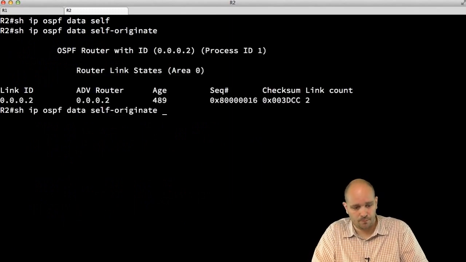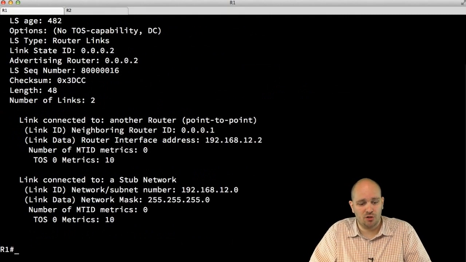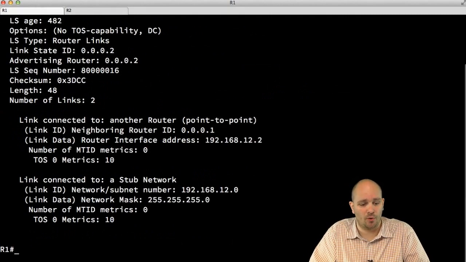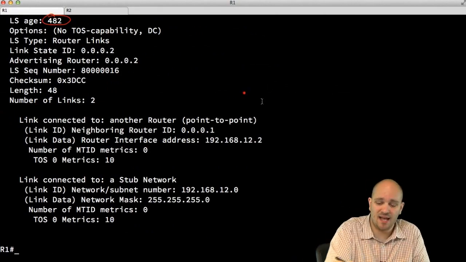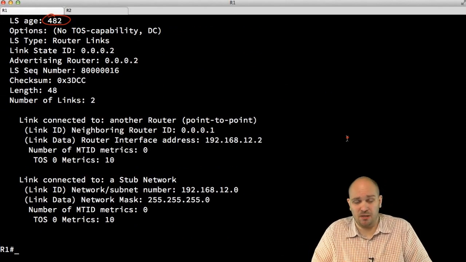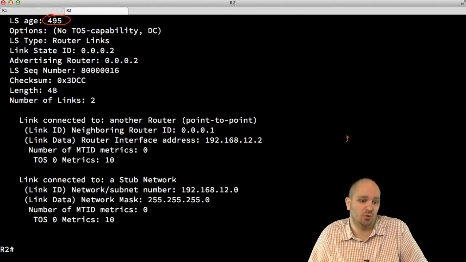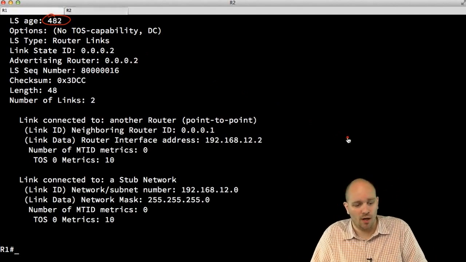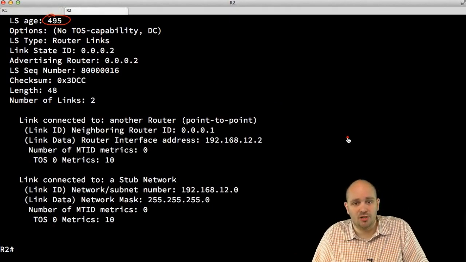Oh, sorry. Database router self-originate. So here, I'm now going to switch quickly between my two tabs. So now more R1, R2, R1, R2, R1, R2. And you can see that the only thing that seems to be changing is the LS age, which again makes sense, because if R2 injected this information, it stands to reason that this is a little bit older than the information on R1. But everything else you can see now, I'm still switching between them, that all the information is